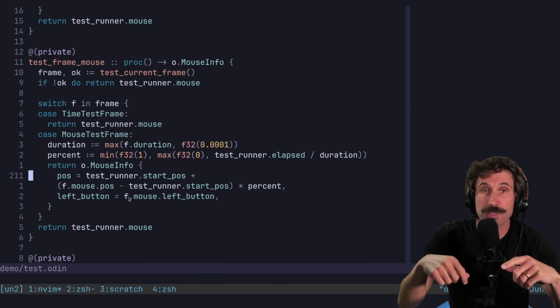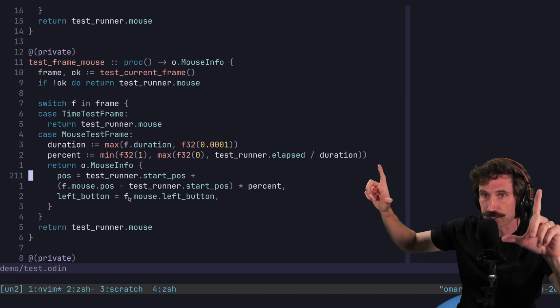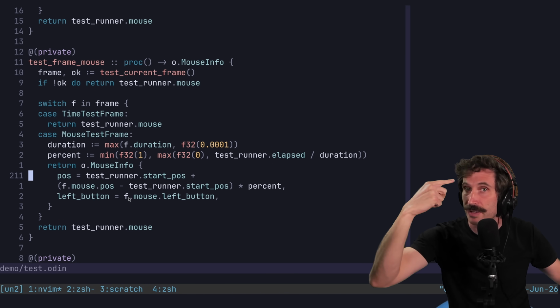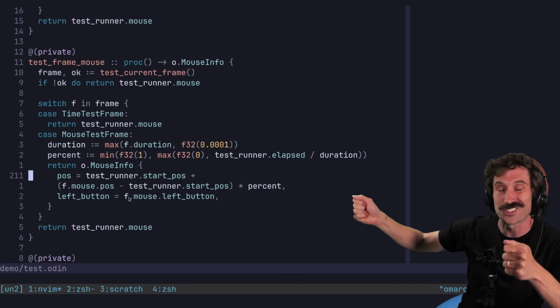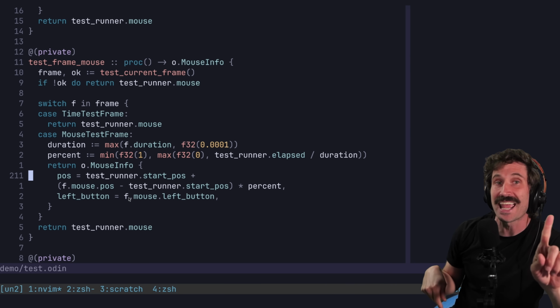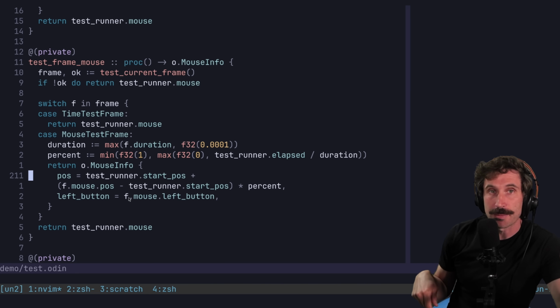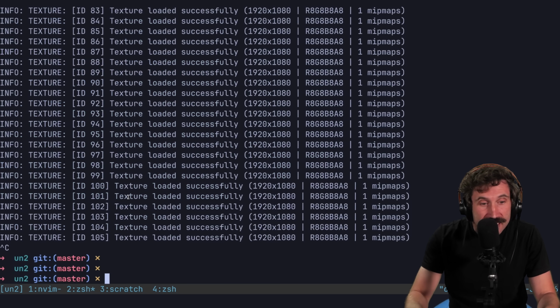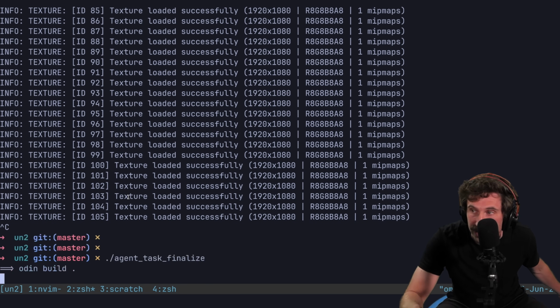So instead of rendering to the screen, I render to a texture and either paint the texture to the screen if I want to see it, or paint that texture to a file. And then I can load that file back up and test it against it every single time I run. So that means after every single time I run a beautiful little task, I can say, hey, agent task file